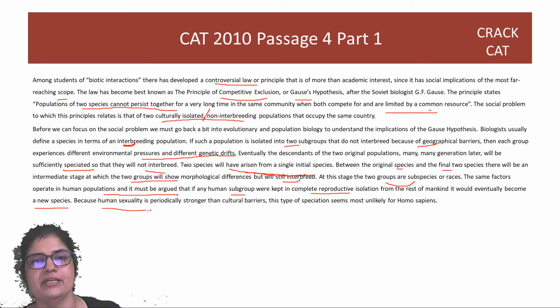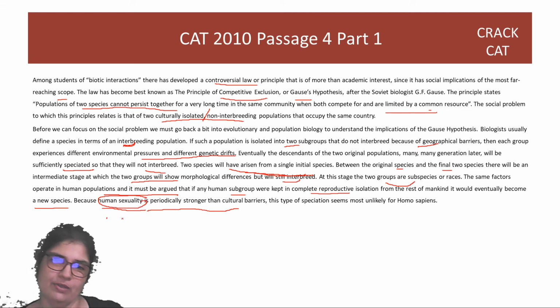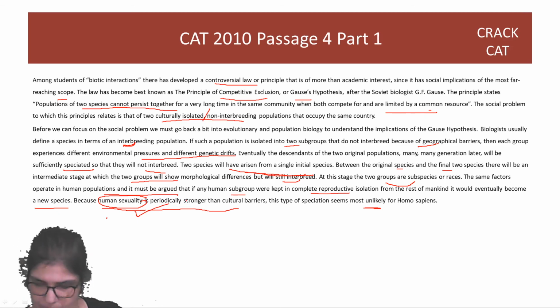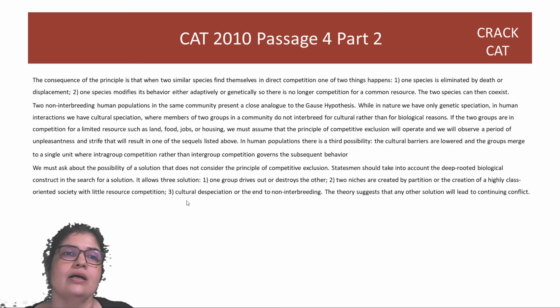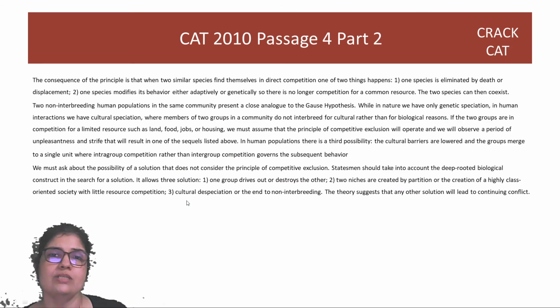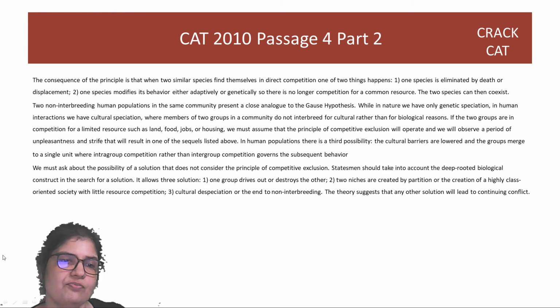Because human sexuality is periodically stronger than cultural barriers, right? So interbreeding hence becomes more difficult to implement. This type is unlikely because interbreeding will keep happening, because human sexuality is stronger than cultural barriers. Okay, great. The consequence is that when two similar species,